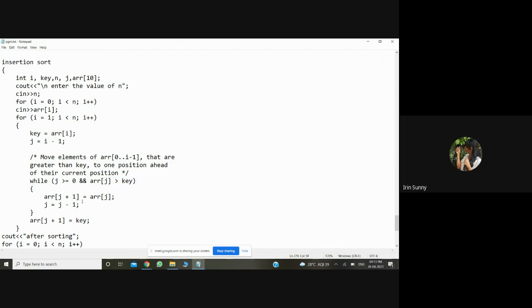Then we are checking. Now if we actually check and we found the first position value, that is, since 4 is greater than 3, we have to swap 4 to 3, right? That is what we are doing. That is what this step is. ARR of j plus 1 is equal to ARR of j, and j is equal to j minus minus, or j minus 1. What is happening?